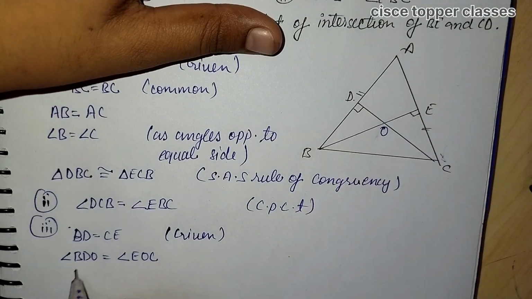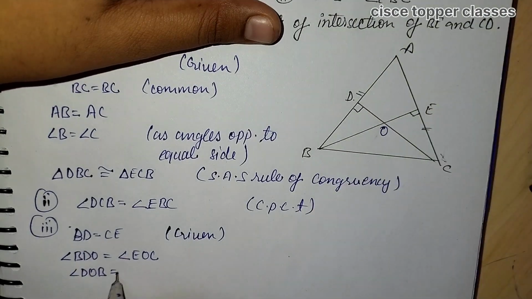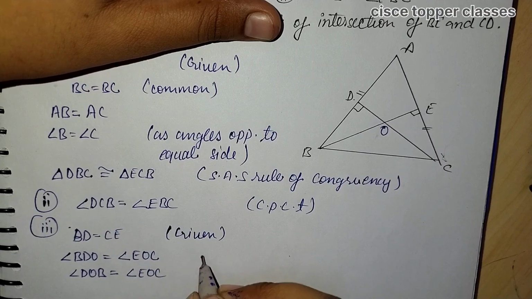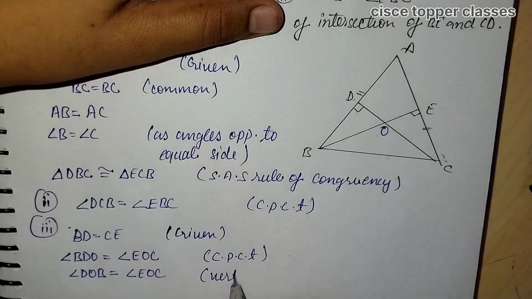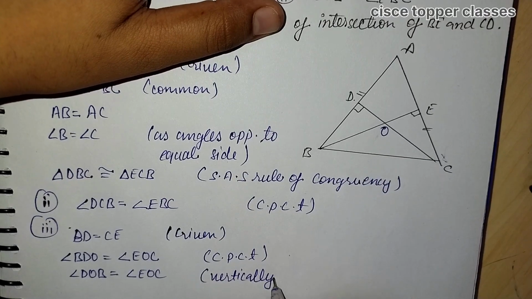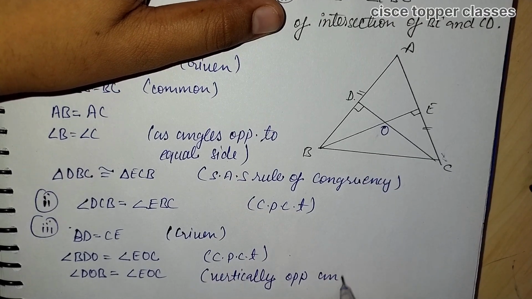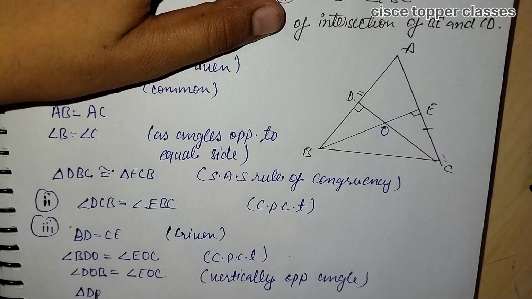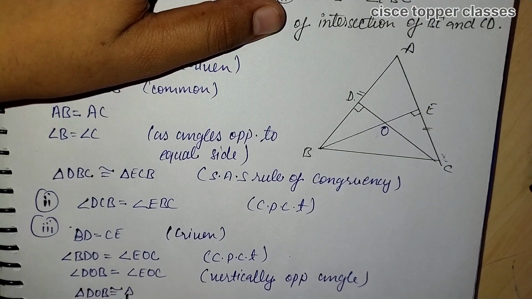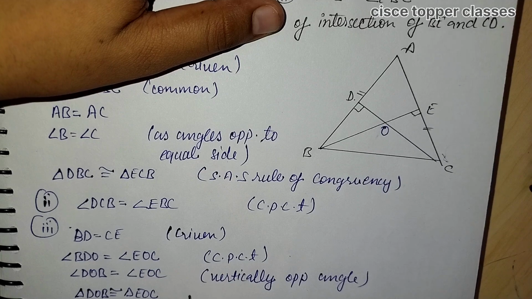Now we have angle DOB and angle EOC. This is by CPCT, and these are vertically opposite angles, that's why they are equal. Now triangle DOB is congruent to triangle EOC from here by